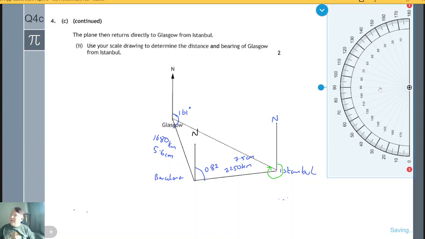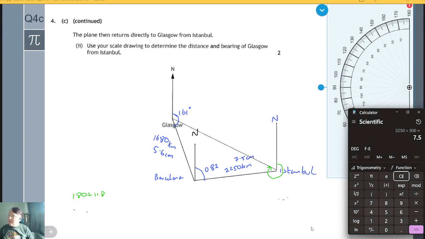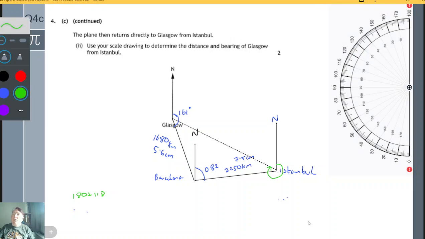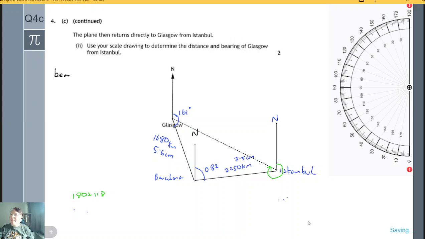So I'm going to say I've got 180 plus 118. So let's have a look. I don't want to make mistakes again. So 180 plus 118, 298 degrees. I'm going to do my bearing as 298 degrees, and my distance,